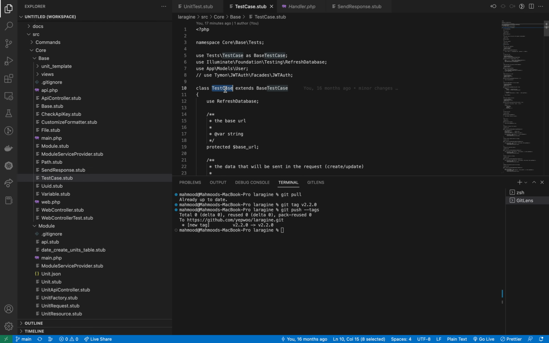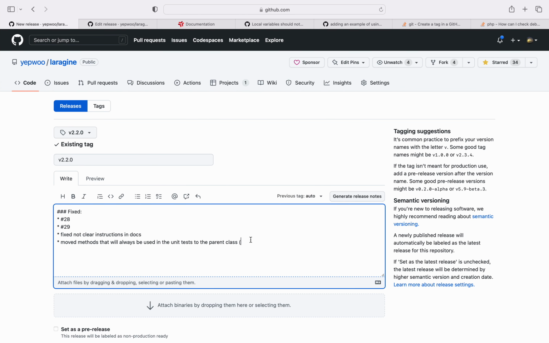Test case. Yes. So not clear instructions in docs. Moved methods that will always be used in the unit test to the parent class. This has to be, let's type it like this, capital. And the last thing is